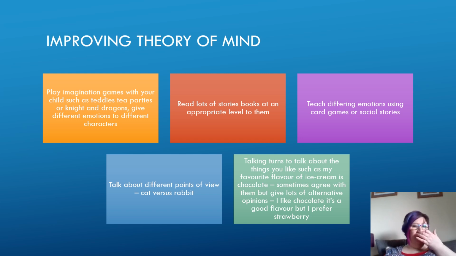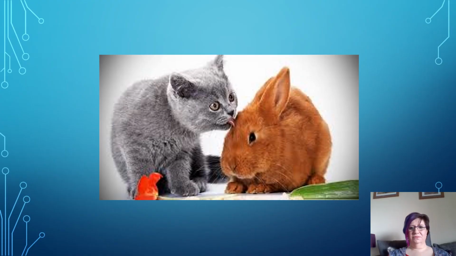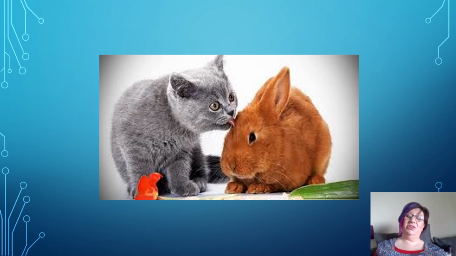And then back to the blue one, this is talking about things from different perspectives. So I'm just going to nip onto the next slide to tell you a little bit more about that. So this is getting people to think about the different perspectives of things. So it's choosing maybe one thing that that child's particularly passionate about and choosing another thing that they don't particularly like. Generally, I would choose somebody within a group to argue this point with me, but I'm just going to have to argue with myself for this example.